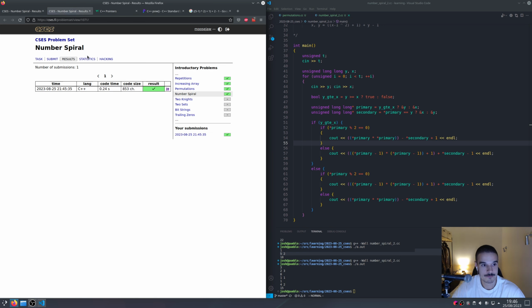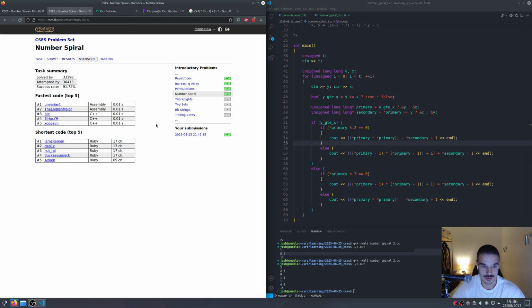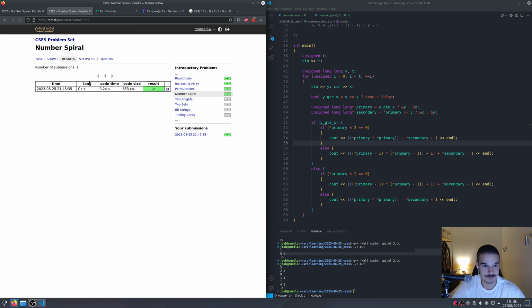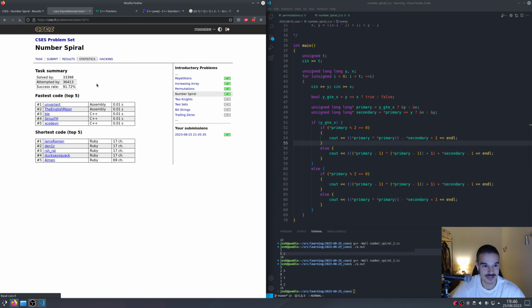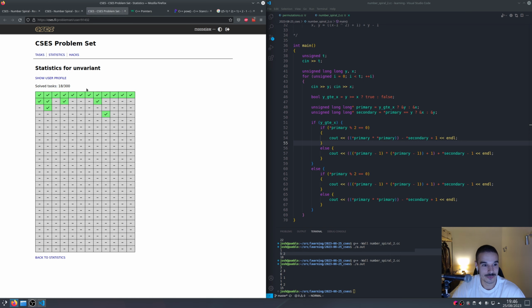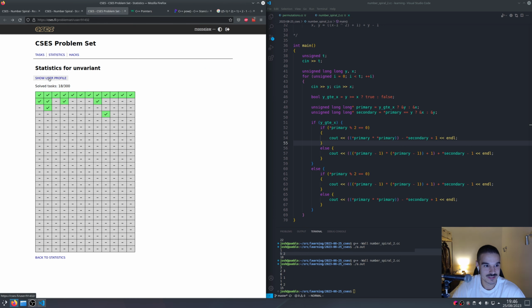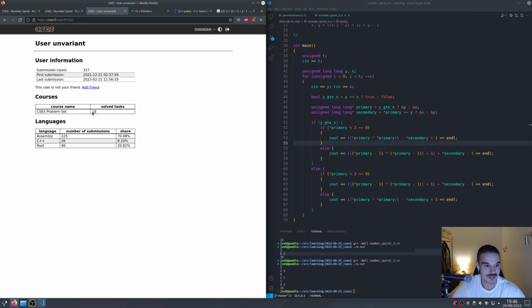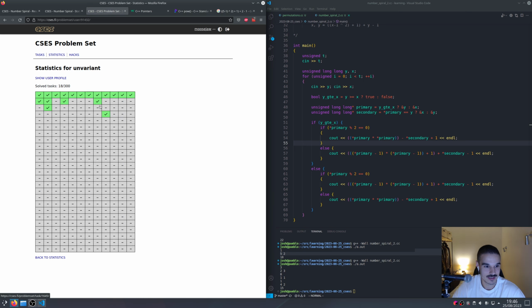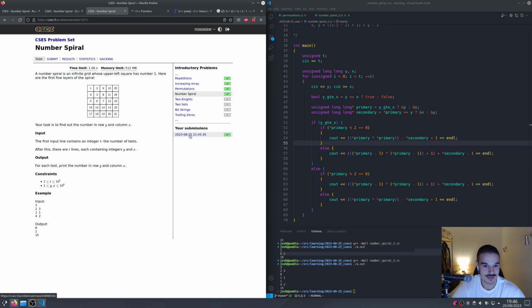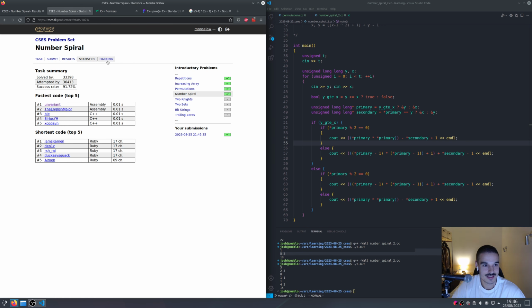But I don't know what it would be. So my code runs in 0.24 seconds, and someone has got it to run in assembly at 0.01 seconds. I really want to see their submissions. We see their user profile. Maybe they haven't shared how they've done any of these. Yeah. That is unfortunate, but